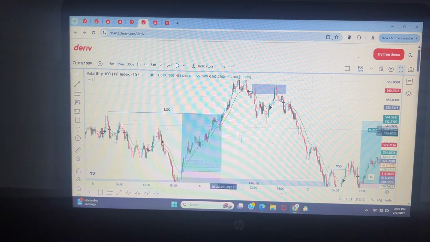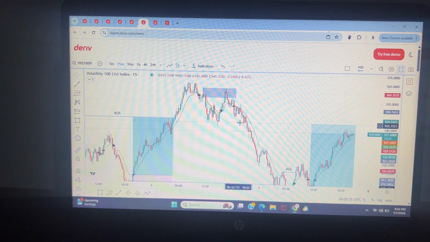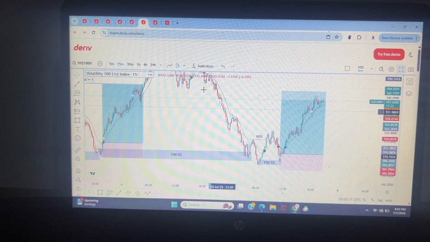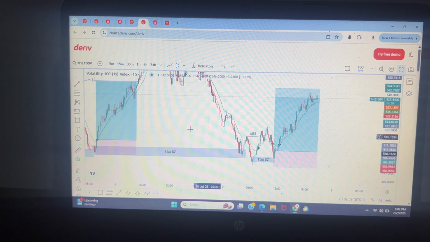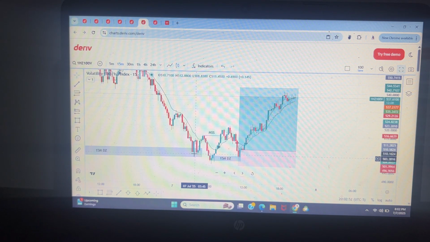And price breaks structure again, and what we do, we mark out this 15-minute demand zone, right? We mark out this 15-minute demand zone, price does this thing and pulls back. Remember I told you about the liquidity thing. Alright, boom, now price pulls back. As price pulls back, price gives you these candles, you get a big engulfing candle, price comes back, pushes down,